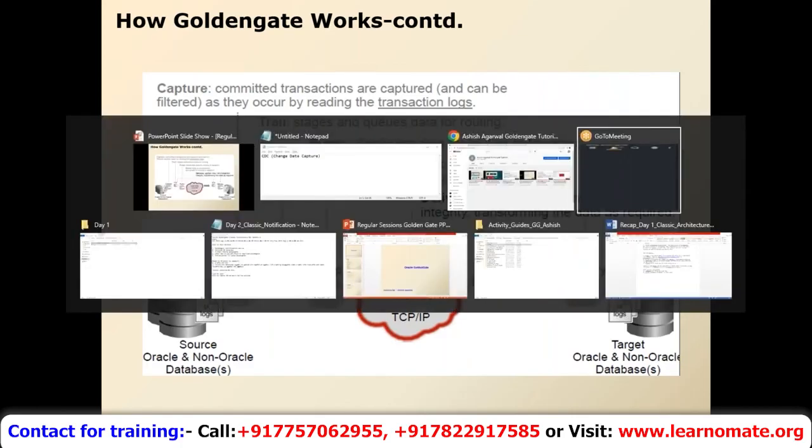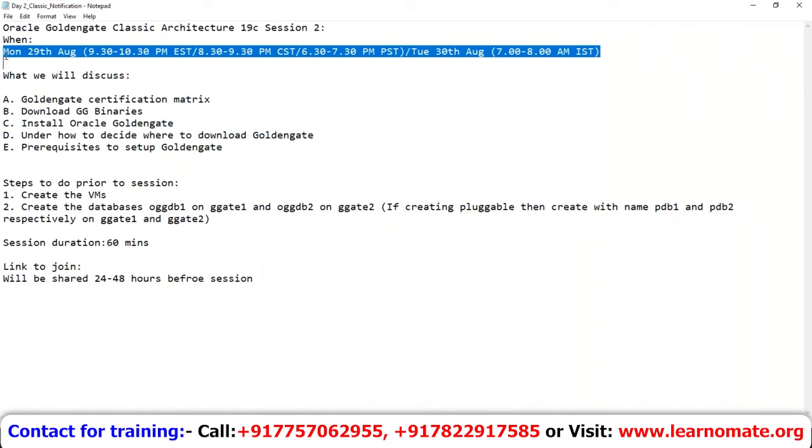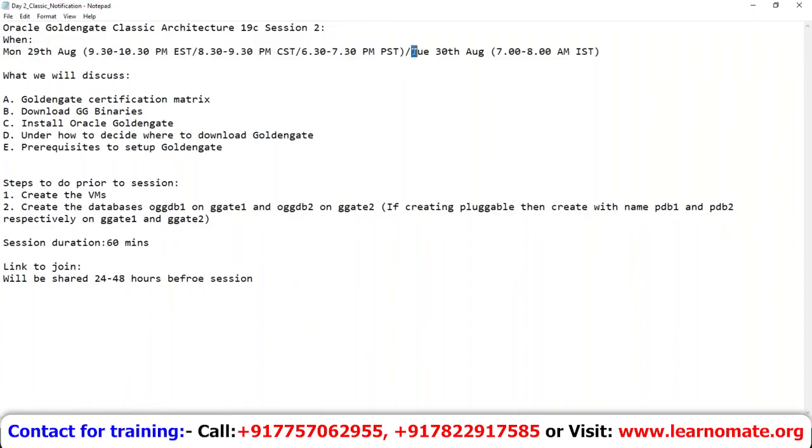So this is the content of day 1. Day 2 session will be, guys, on Monday, as per EST timing, it will be next week. These sessions are conducted as per US or Canada timing, Monday to Thursday evening time, and as per Indian timing or Gulf timing, they will be conducted in the morning. Indian standard time is 7 to 8, Tuesday to Friday. So the next session is next week, Monday 29th August, 9:30 to 10:30 p.m. EST, and as per IST, it will be on Tuesday 30th August, and I'll be sharing the details